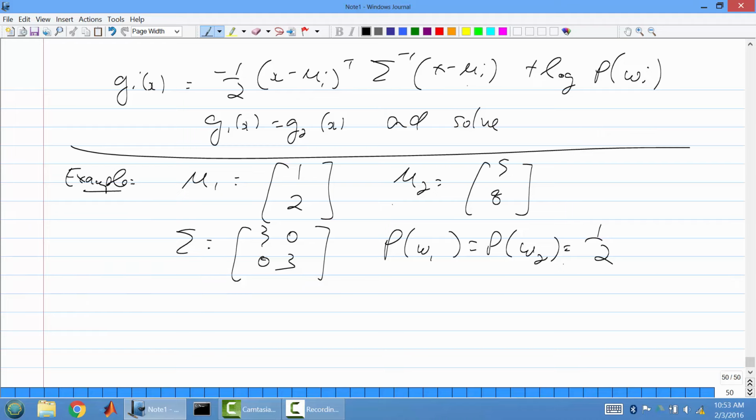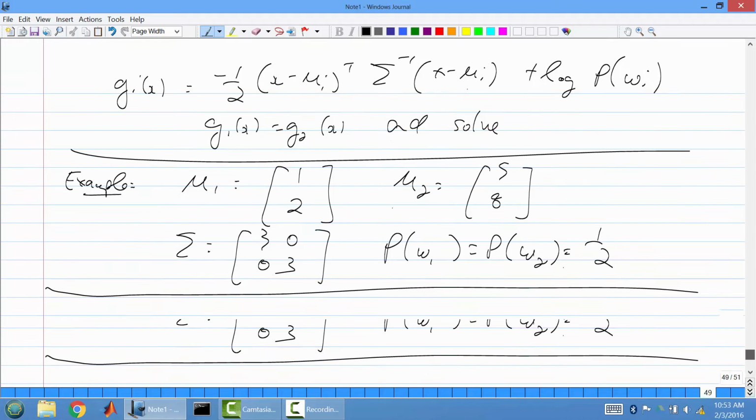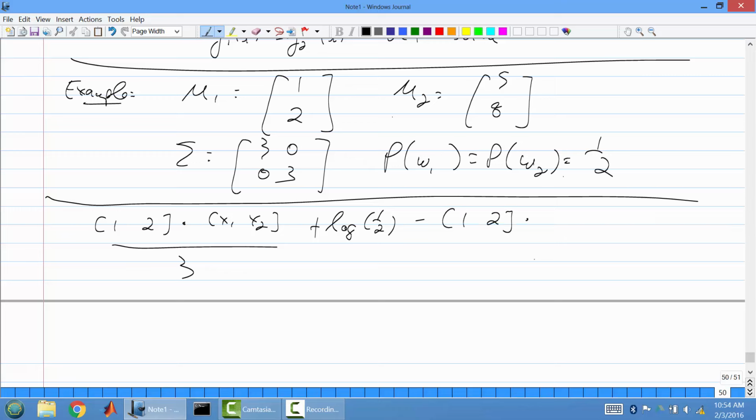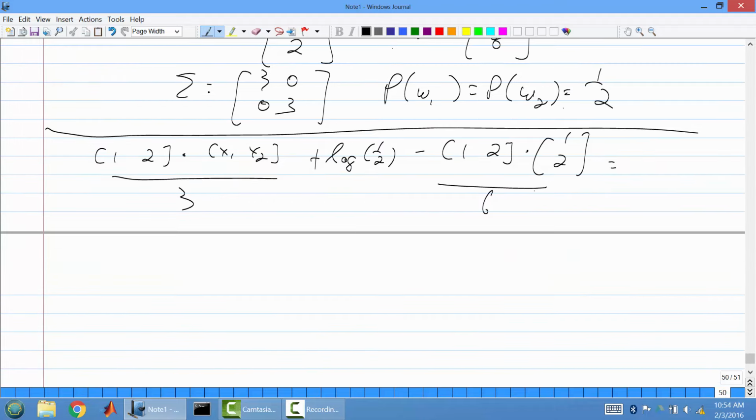In this case, you're going to plug it into the formula that we had before. So you have mu1, which is 1 and 2. You're going to dot this with x1 and x2. You divide this by 3, and then you have log of a half, minus 1, 2 dotted with 1 and 2, because you're doing mu_i transpose, divided by 2 times sigma, which is 6. And then this is equal to 5, 8,